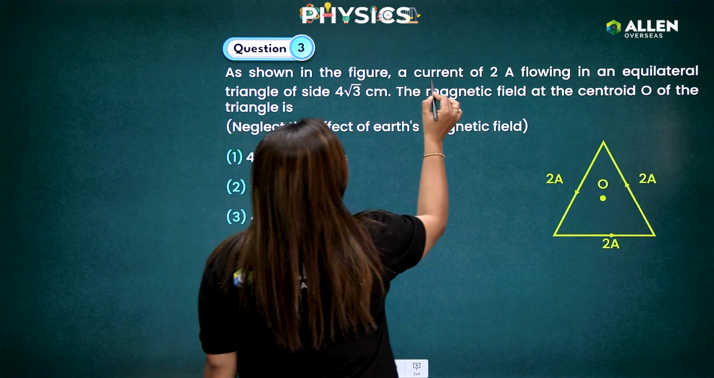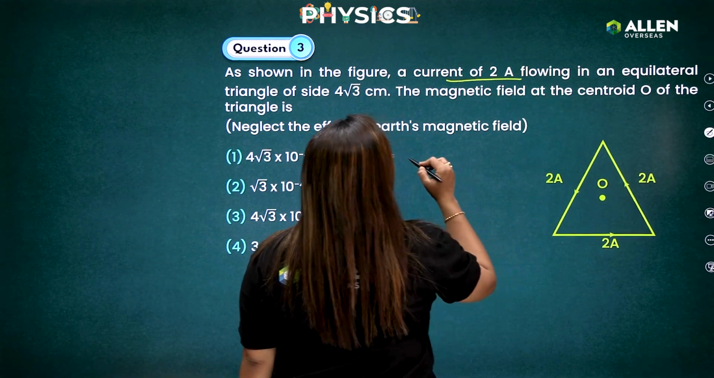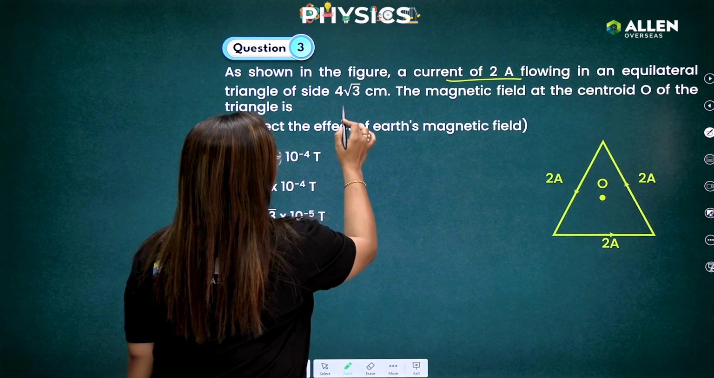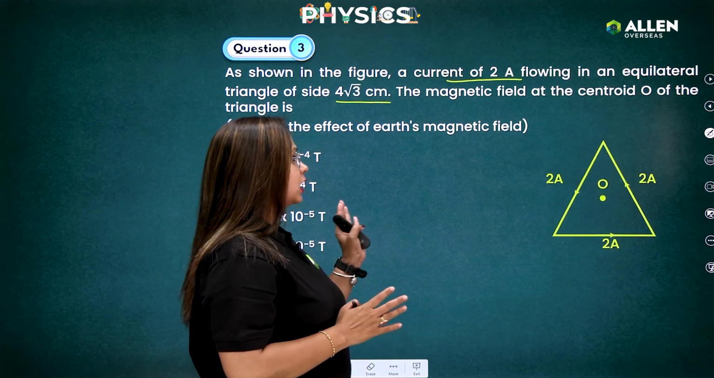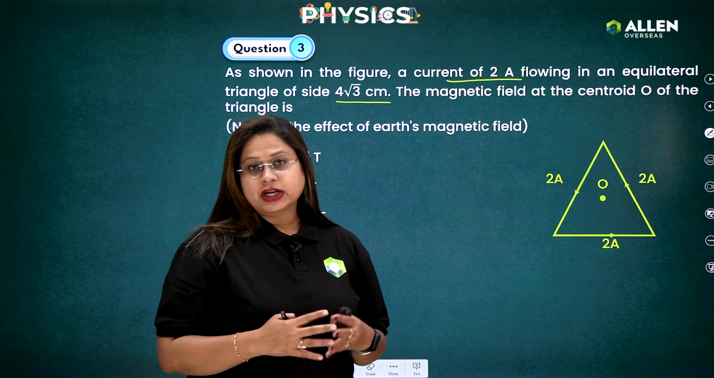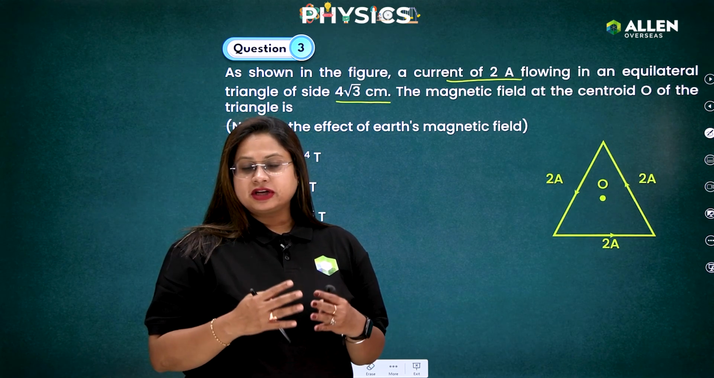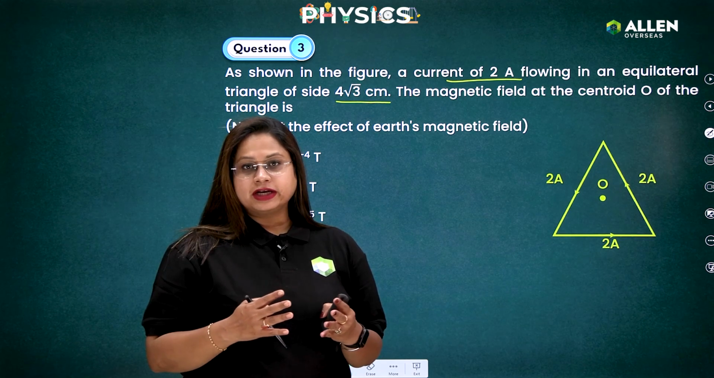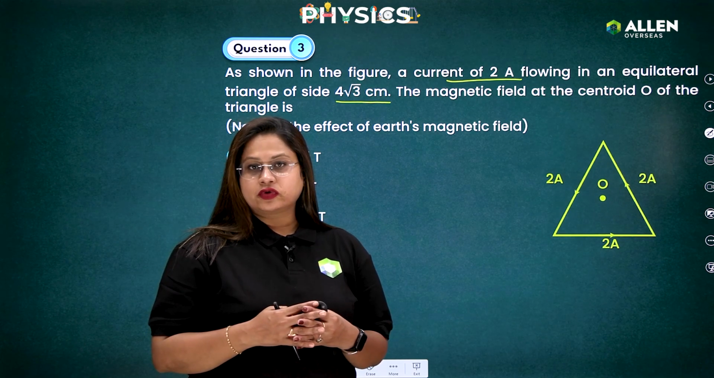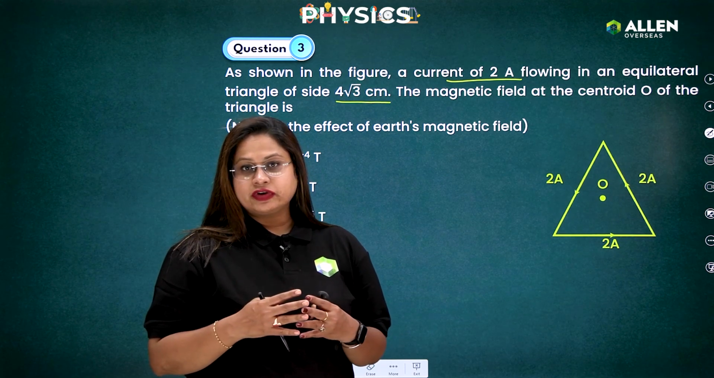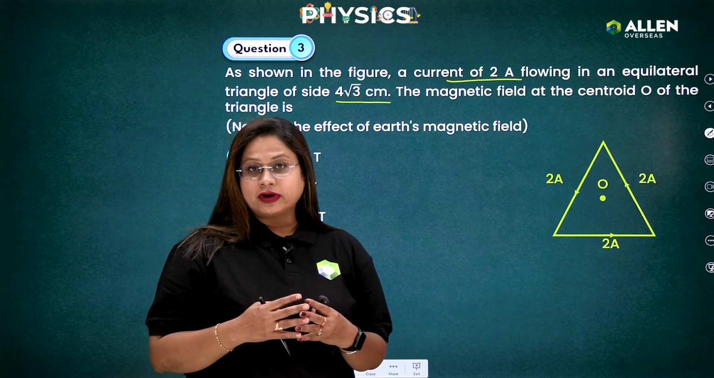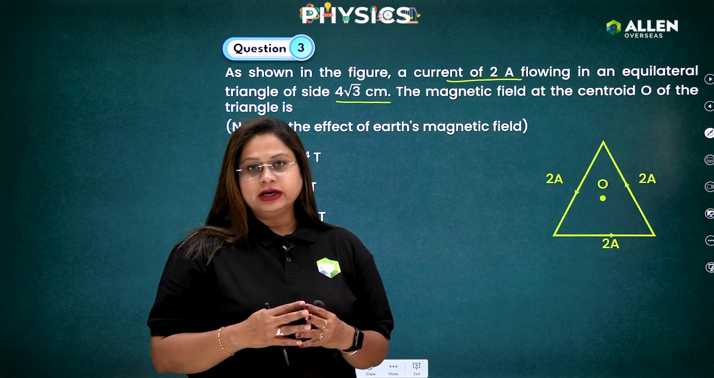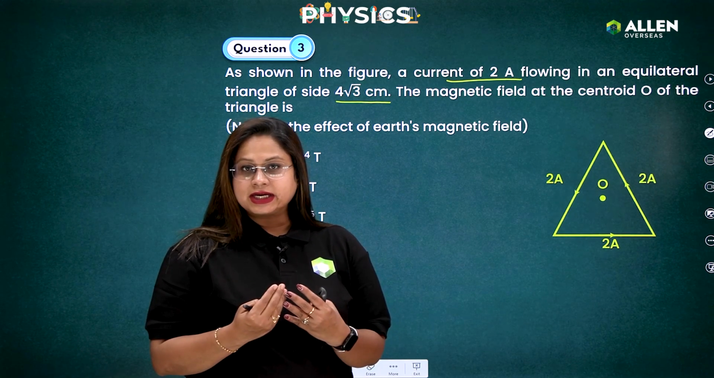Shown in the figure, a current of 2 ampere is flowing in an equilateral triangle of side 4√3 centimeter. The magnetic field at the centroid of the triangle we are required to find out. We can analyze this question as 3 current carrying conductors of finite length. The lengths of the conductors are 4√3, aligned in such a way that they form an